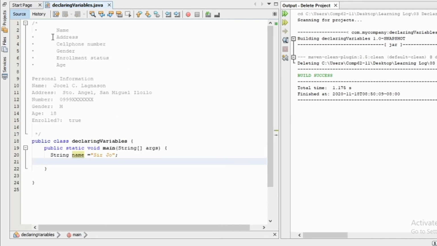Next, we're going to declare the address. That is also a String data type. And the name of our variable, let's give it a name of address as well. And the value, for example, is